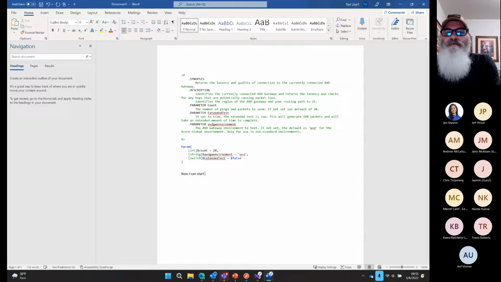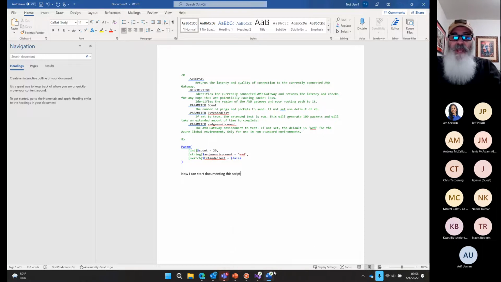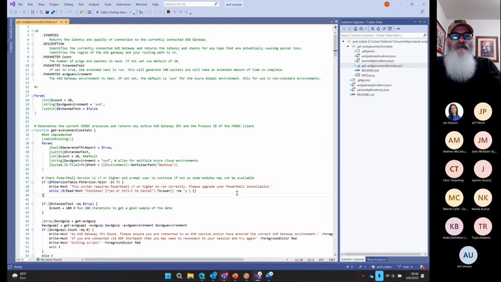I can start the script. Notice I was able to copy and paste in between the applications seamlessly. To the end user, these are just more applications I'm running on my desktop. The only visual indication that these aren't local are these Azure Virtual Desktop icons associated with the icon itself. That's the only way the end user would know that these aren't local